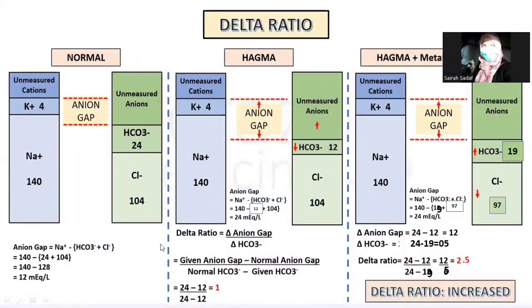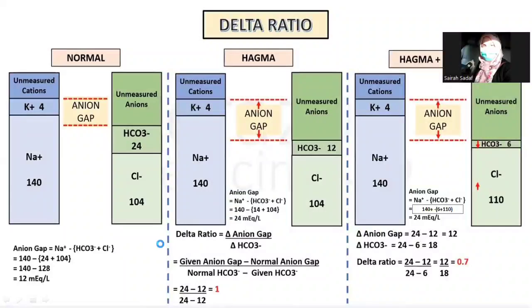Moving to our next slide. Okay, this is our next slide. This is the same. When the answer lies between 1 to 2, the values lie between 1 to 2, that means it is only HAGMA. Now, coming here,